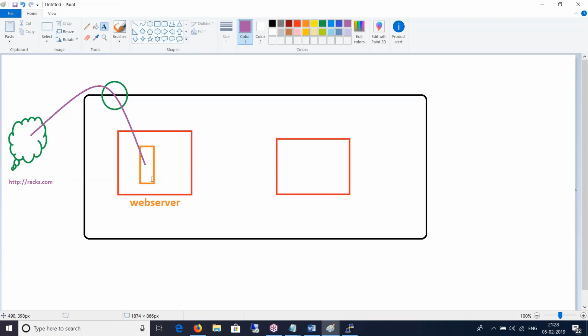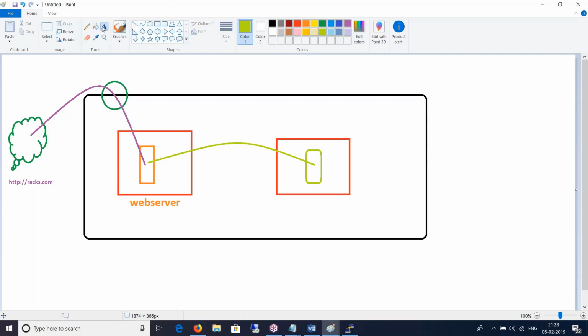People access racks.com like that, and people need to fill up information, so I have kept my database somewhere here. Any transactions that happen to the database must happen through the web server and not directly. Now, what's the point of exposing this virtual machine or database to the internet when the transactions are happening internally?